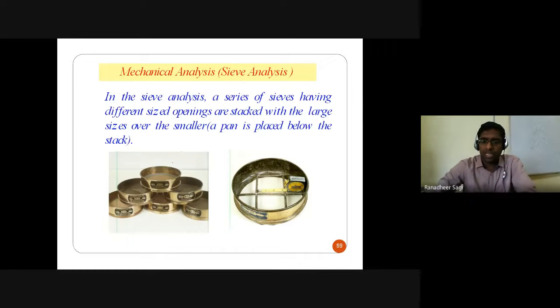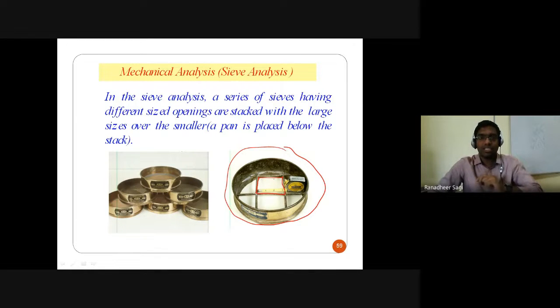So this is typically what I am calling a sieve. Okay, so this square opening, whatever we have here, is what we call your sieve size. That opening is what we call your sieve size. Likewise, we will have different sizes of sieves to be used. In soil mechanics, the largest sieve we use is 4.75 mm, and the smallest sieve we use is 75 microns.